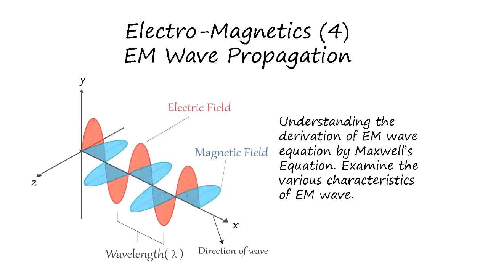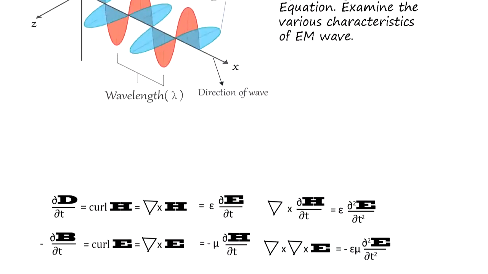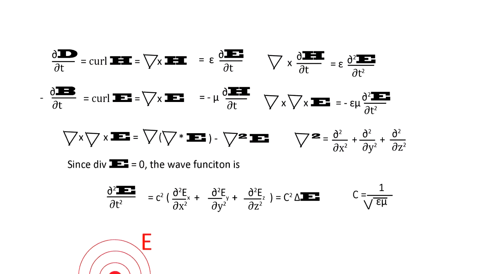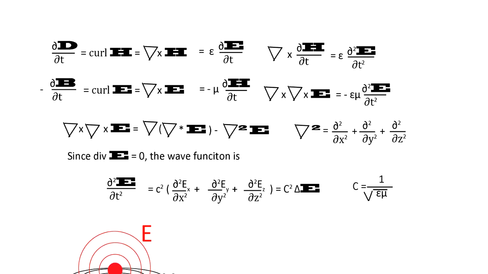So how does this work out when there is a change in the electric field in the space? Okay, it's going to emit an EM wave, an electromagnetic wave. So how does this work? Let's look at it from Maxwell's equations. Okay, Maxwell's equation we know is this: